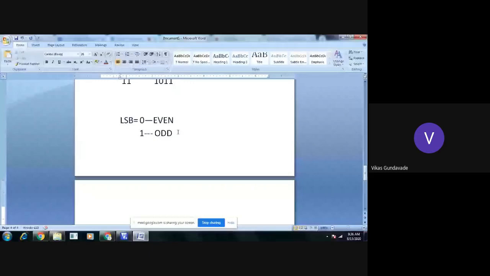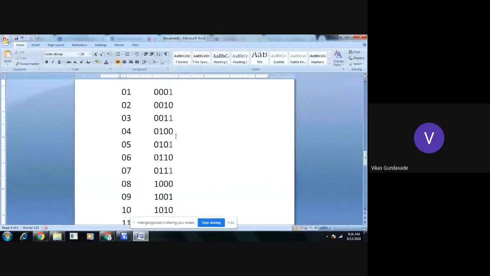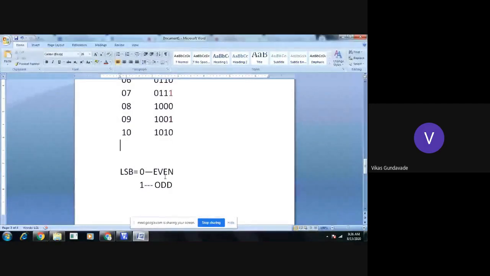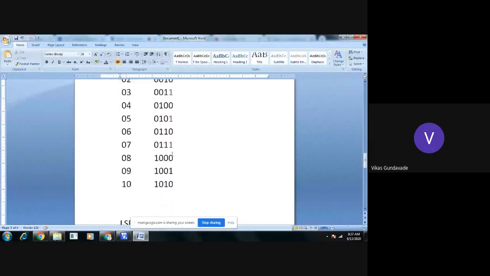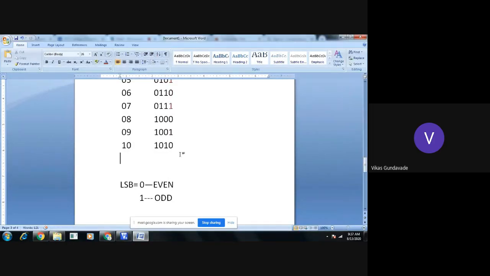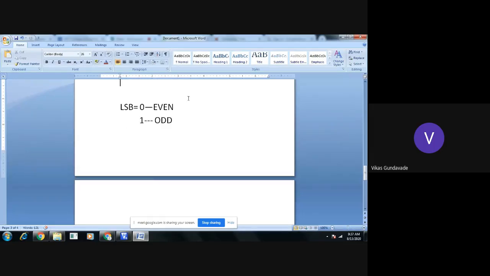Now, if we are taking an array of 10 numbers, for every number we need to check if the LSB is 1 or 0. We need to check only that case. If it is 1, then we will increment one count, and if it is 0, we will increment another count. For even numbers, we will take one register. Let's assume R2 will be the register for even numbers, and for odd numbers we will take register R3.